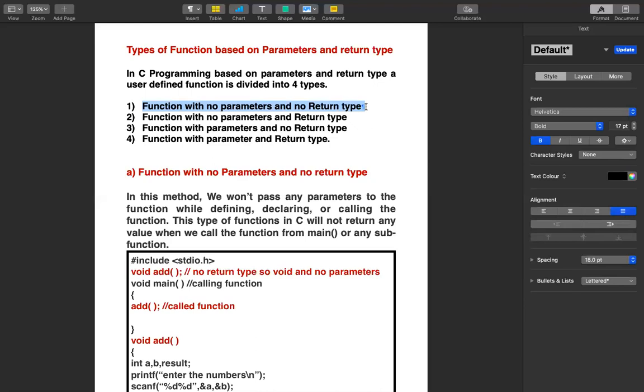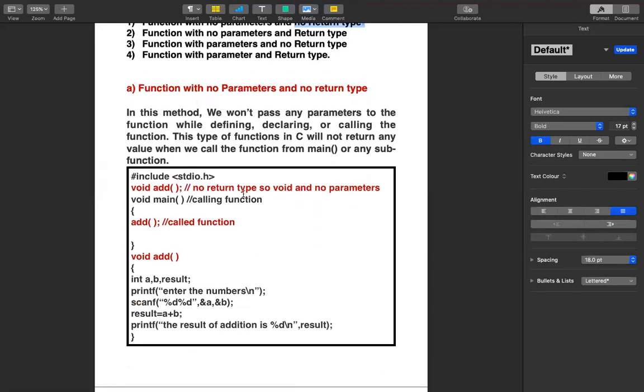After performing the task, the control goes back to the calling function. While going back, does your function return something or not? If they don't return anything, there won't be any return type. We will clearly see this concept by going through the program.